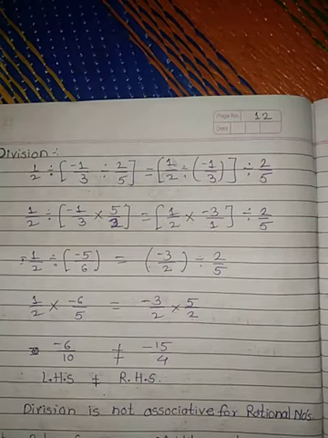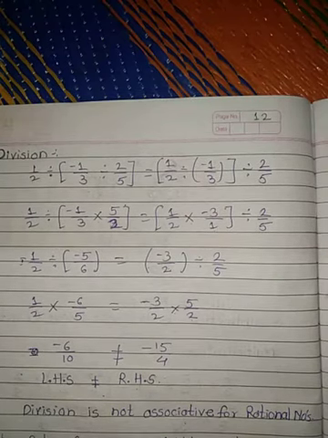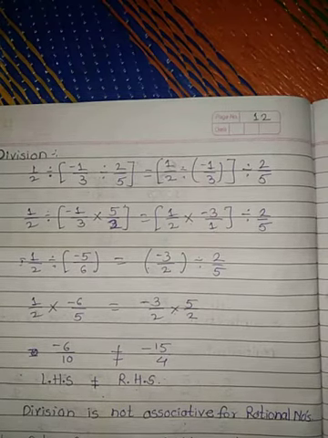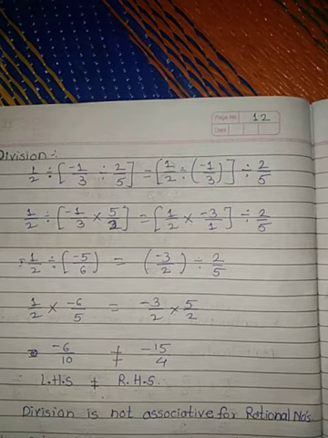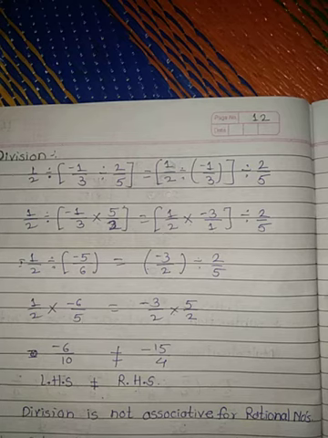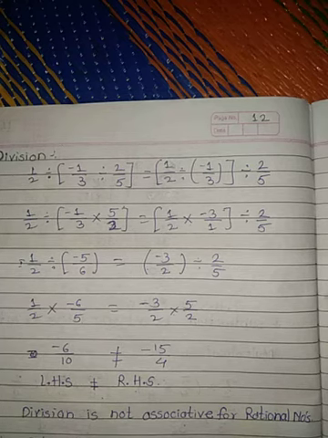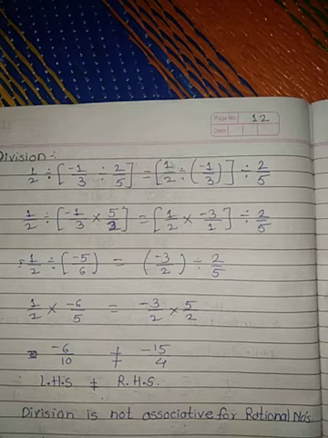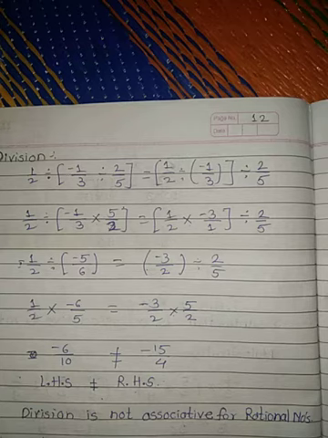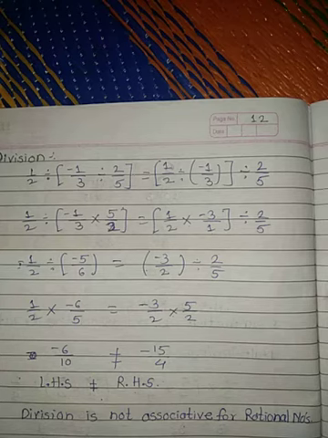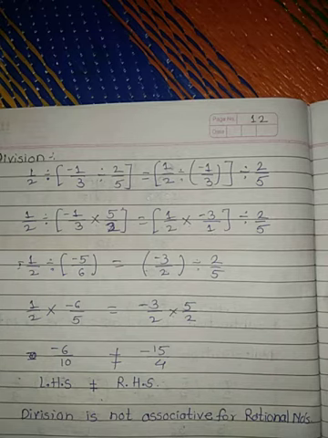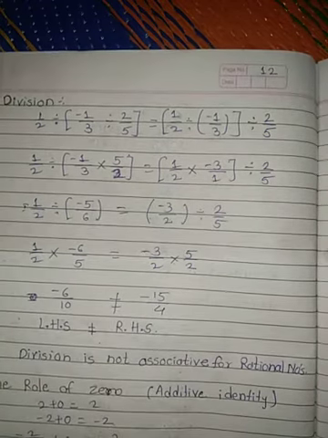Okay. Now see, for whole numbers, integers and rational numbers, three numbers, addition and multiplication are only associative. Associative law can be applied for addition and multiplication, but associative law cannot be applied for subtraction and division, for all three: for whole numbers also, for integers also, and for rational numbers also. We can't apply associative law for subtraction and division. We can apply for addition and multiplication.